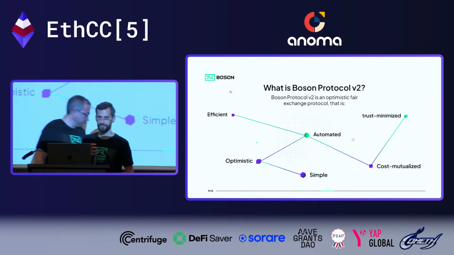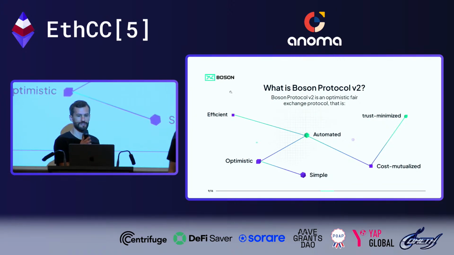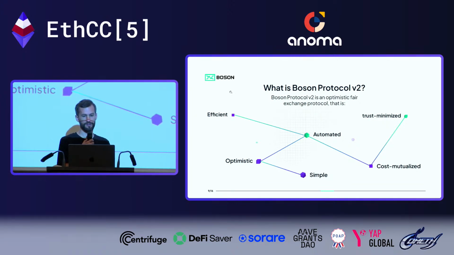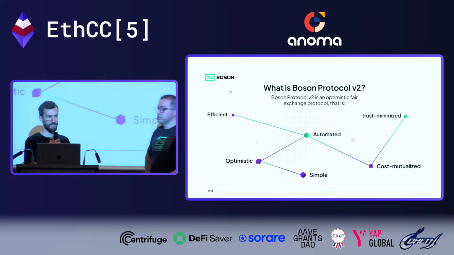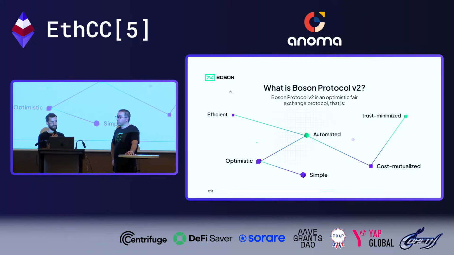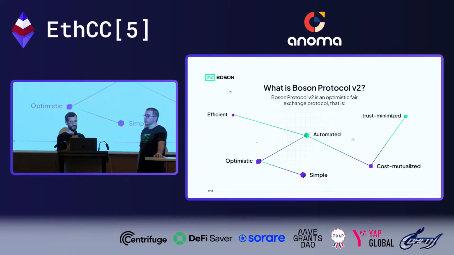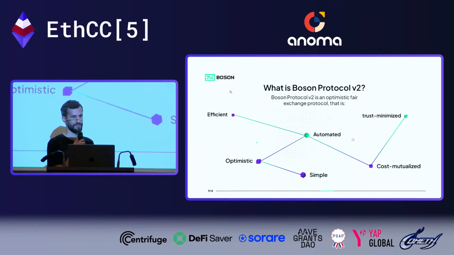Yeah, so we learned a lot from our version 1, and for V2, we say it's a fair exchange protocol that is efficient because it minimizes the number and cost of transactions involved. It is also optimistic because it assumes that the optimistic path will follow. It is highly automated because the majority of disputes will be resolved by a mutual resolution game, which is game theoretically incentivized, and will have escalation only exceptionally.